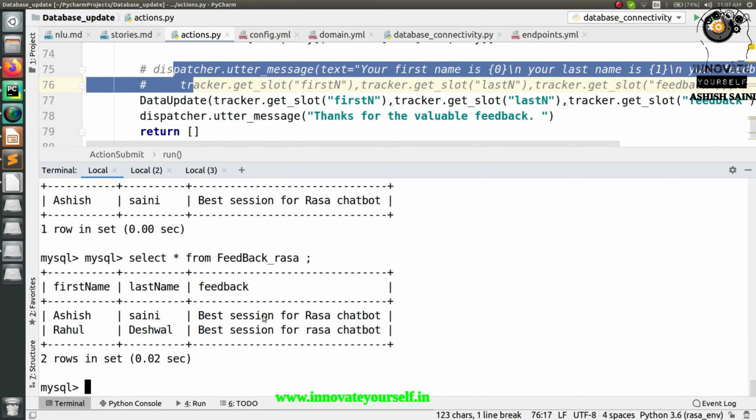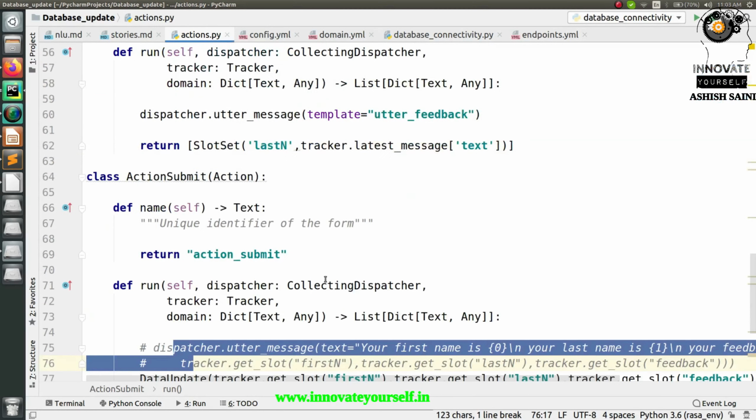So this is how you can store the data into the database. Right now you can see both the messages are same, so you must be thinking that this is not a big deal. If you have any doubt, you can just change this message and check according to that, right? So this is the way you have collected the data and stored it into the database, whichever you have collected from the Rasa chatbot, and also you can use the data in different ways, right? So this is all about storing the data into the database, but you can perform further operations as well.